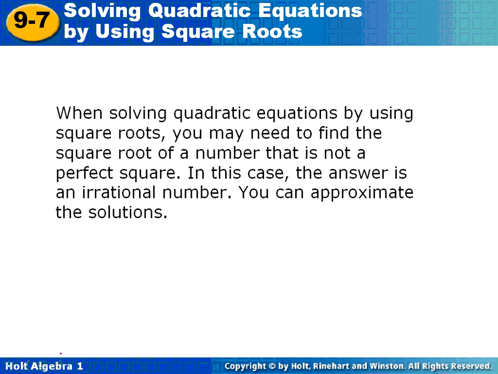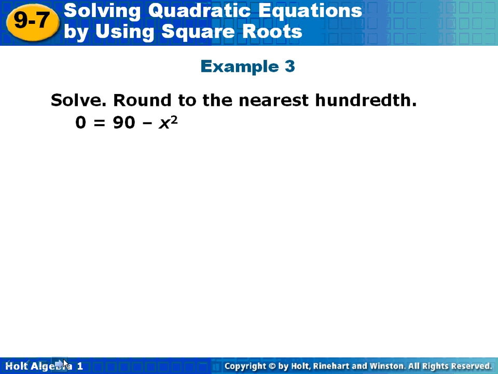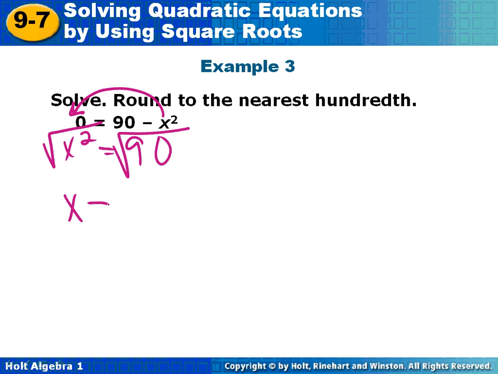When you're solving to find the square roots, sometimes you need to find the square root of a number that's not always a perfect square. In that case, you're going to get an irrational number, and you can approximate the solutions by using a decimal. For example, let's try example 3. I need to move the x squared to the left. It's always easier to have it positive, so I'm going to move the x squared. Then I need to take the square root of each side, and I get x equals positive and negative, and that gives us